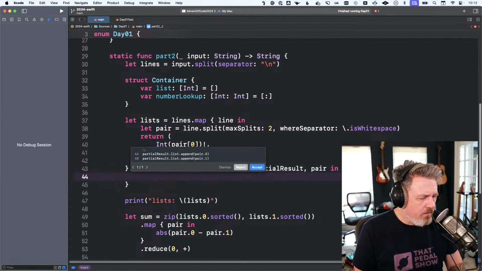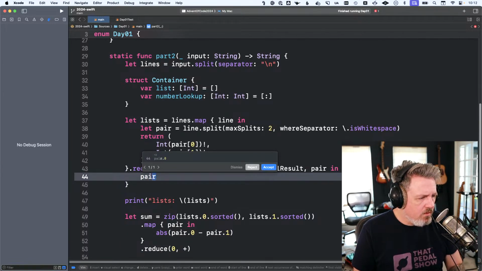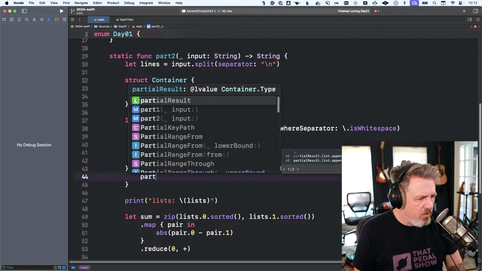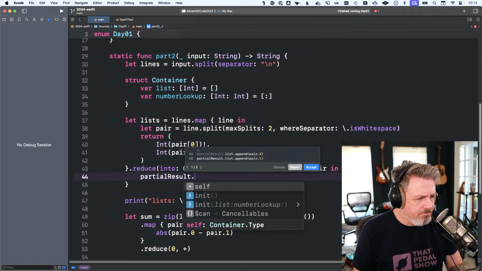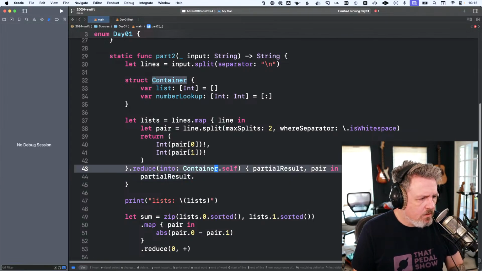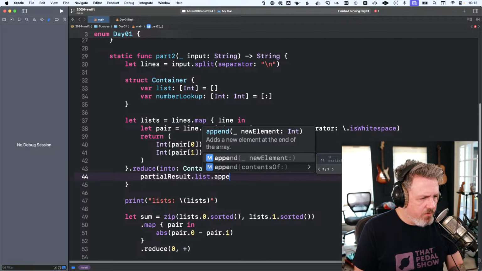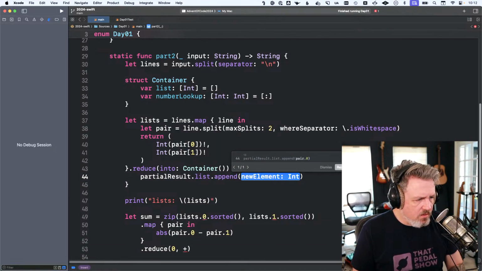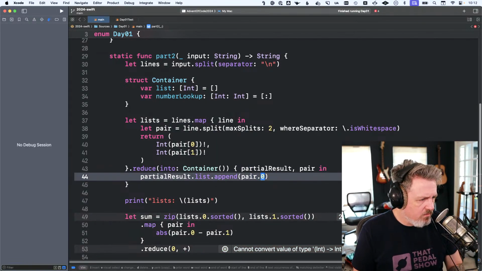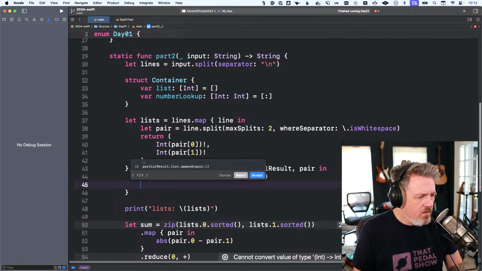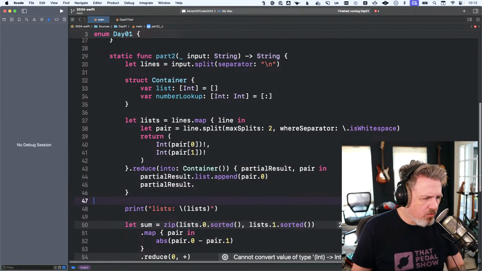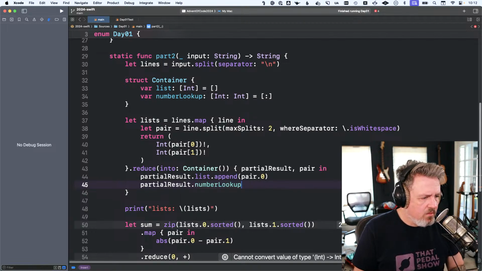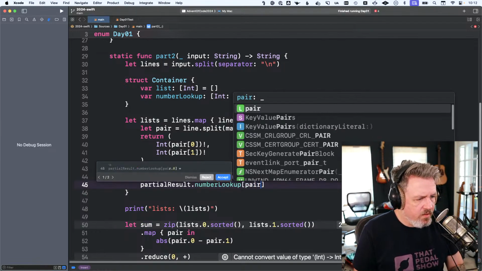So now our partial result dot, oh wait, I need to create an instance of this, not just the type. Okay, so we're going to append the pair.0 to the list, but then we're going to look at the number lookup for pair.1,